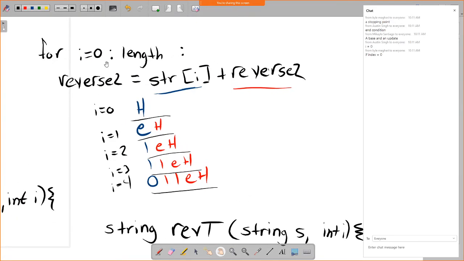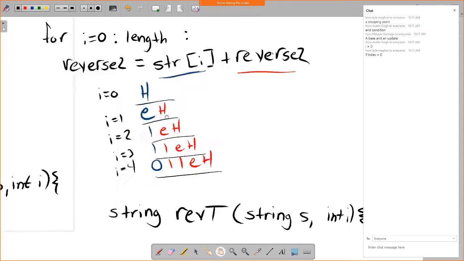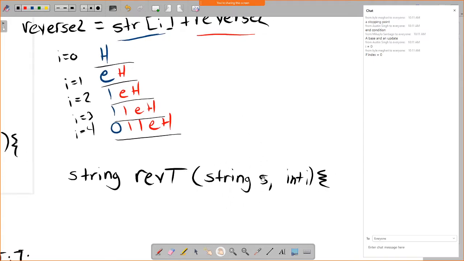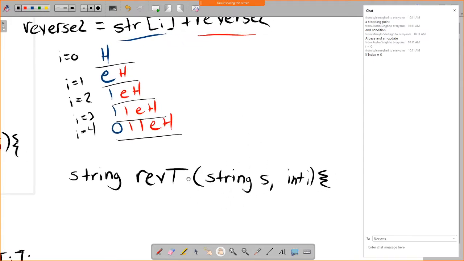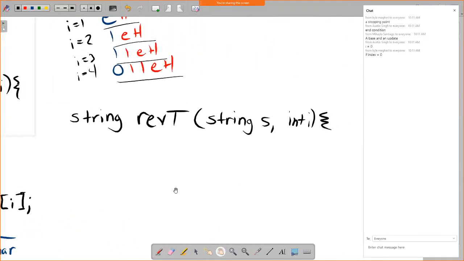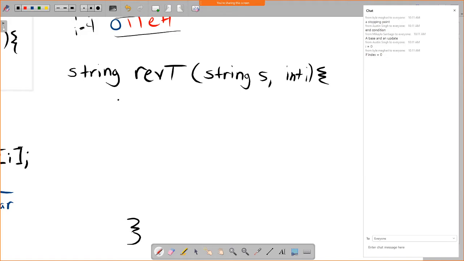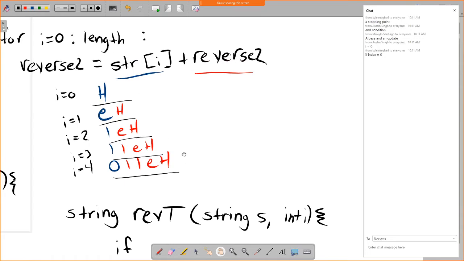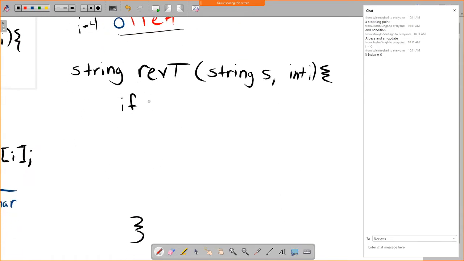So in this case, our base case is actually not going to be a small number, but rather the big part. We want to stop when we hit the length. The convenient thing is we do have that, because there's a way to check the length of the string s. But when doing recursion, it usually makes sense to go this way and subtract. But we'll work with it. So our stopping point on this one, we know wasn't 0, but rather was the length itself. We'll just say length minus 1 since we're working with these indices. So if i is equal to s dot length